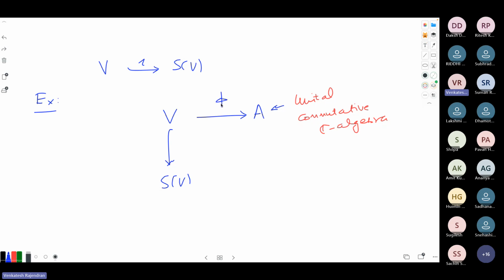Now given this linear map pi, which is just a C-linear map. One way to remember this is to remember the structure that these objects possess. Then it will be clear what natural condition you need to write down for the maps. And here you have this iota, which is also a linear map. Then there exists a unique extension pi tilde of this pi, and this pi tilde is supposed to be a C-algebra homomorphism, such that this diagram commutes. Okay, so this is the universal property for the symmetric algebra.